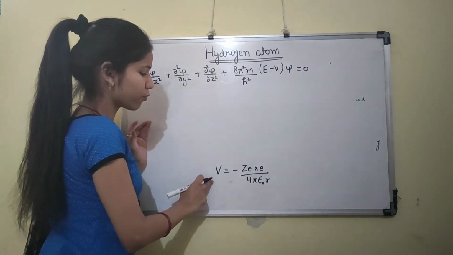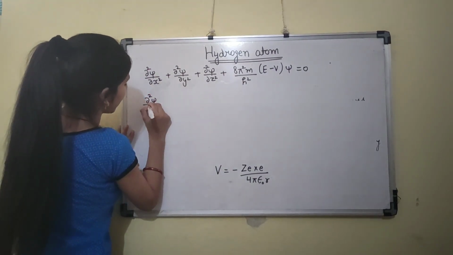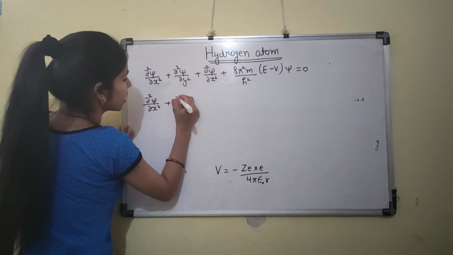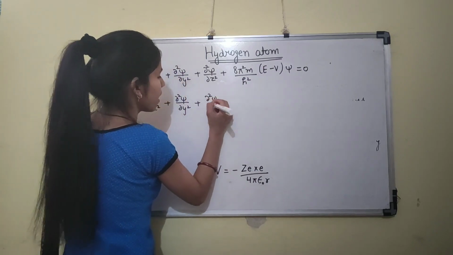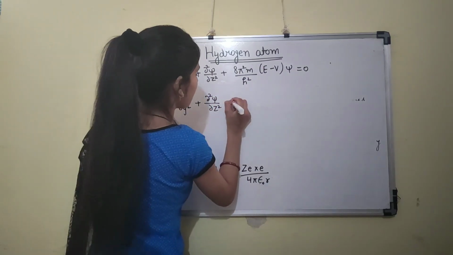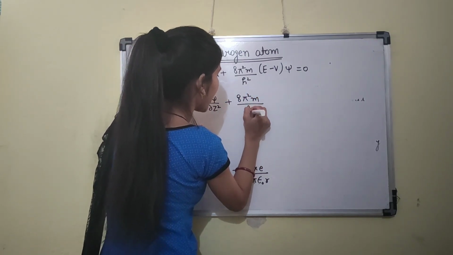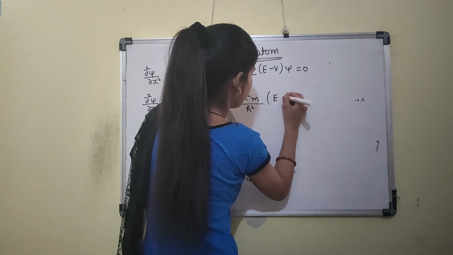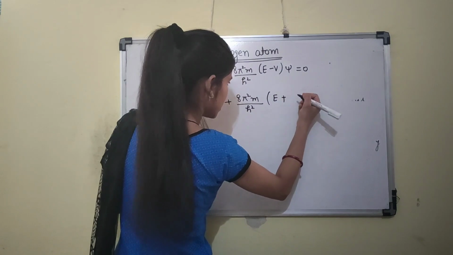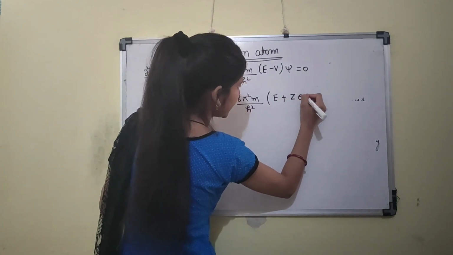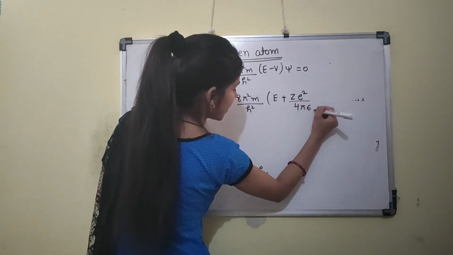Now put the value of V, so the equation becomes del square psi by del x square plus del square psi by del y square plus del square psi by del z square plus 8 pi square m divided by h square into E minus, and minus plus Z e square divided by 4 pi epsilon naught r,